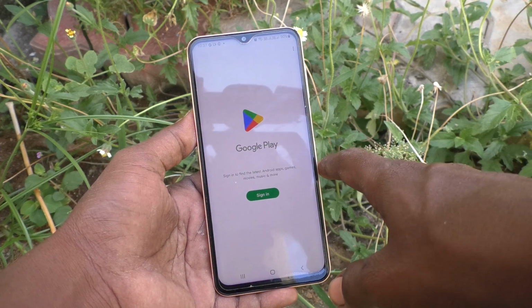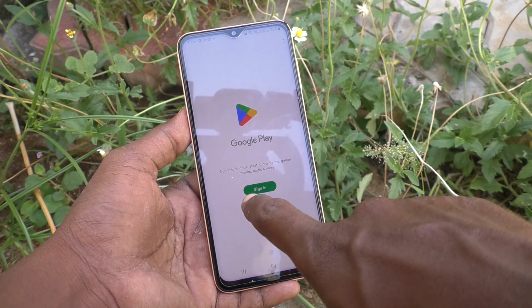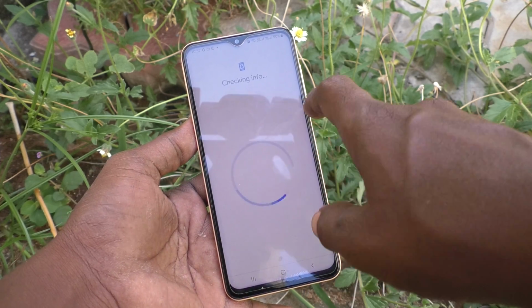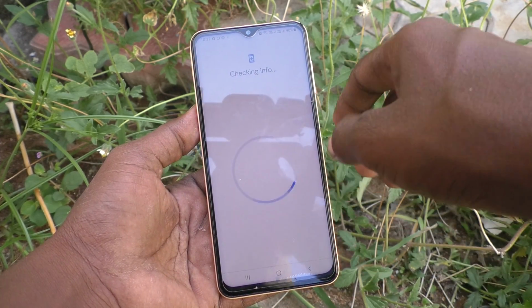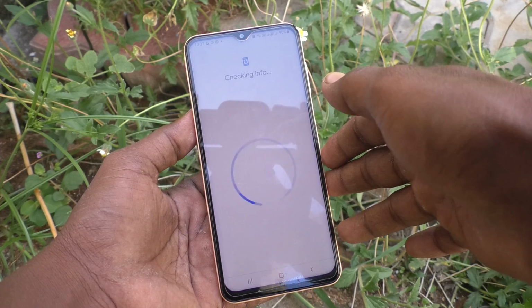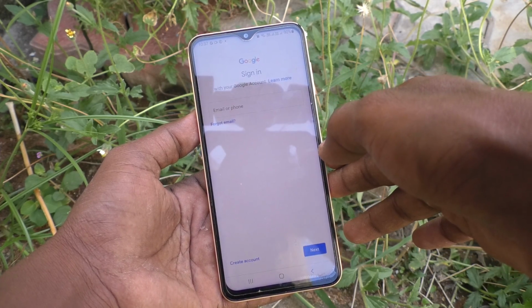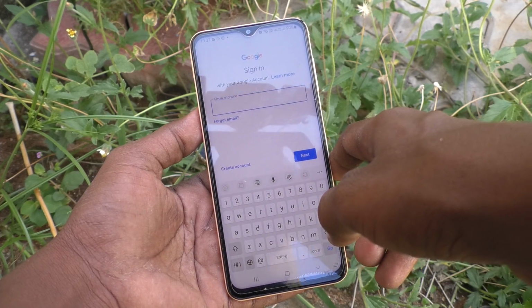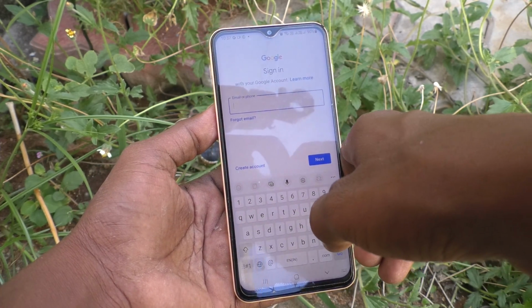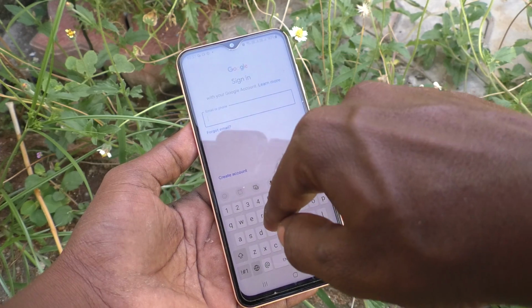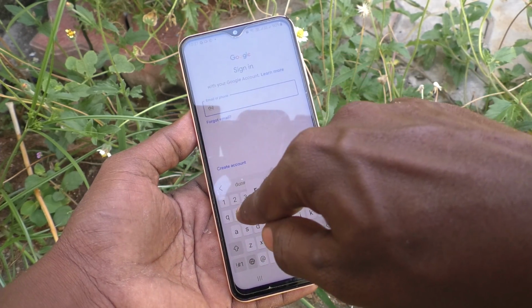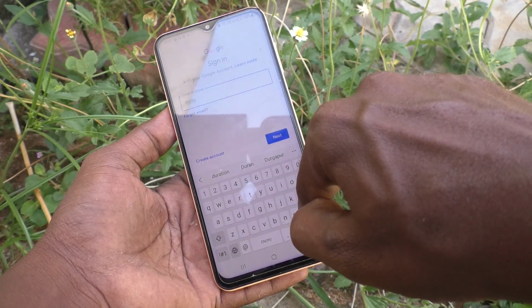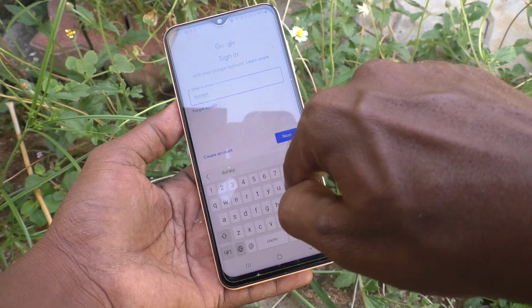Go to Google Play Store and you will see the sign in button. Just click on the sign in button and then you can supply your email ID to be added to your device. It will be checking info, and here you can type your email ID or the phone number that you have associated with your email ID. Here I just type my email ID, Durai Prince